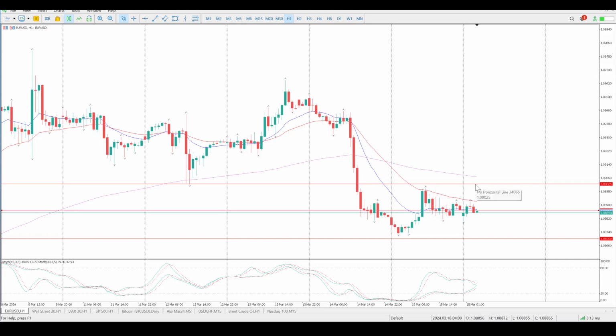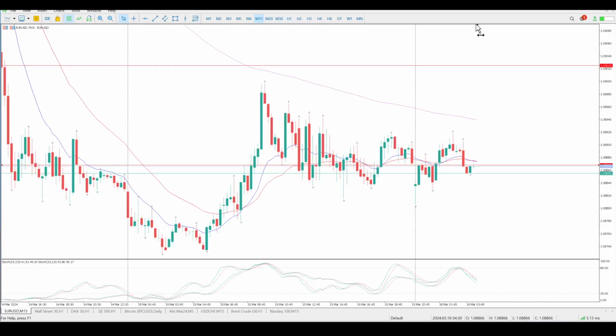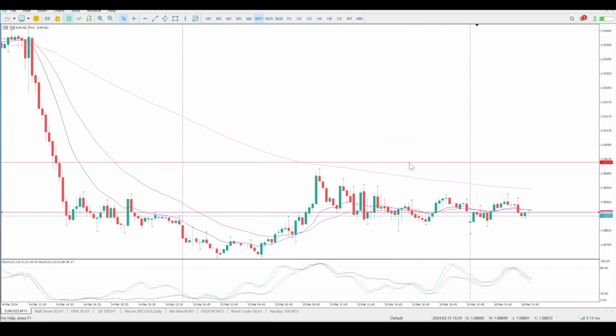I would want to see us get back above 109.025 before I start looking for longs. I definitely don't want to be looking for shorts at the moment. So I think there's a lot of support in this zone that we're in at the moment. And with this kind of confusion, I definitely will be waiting for a move above 109.025 before looking for